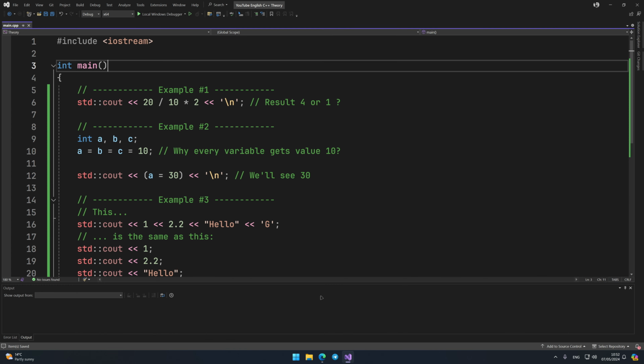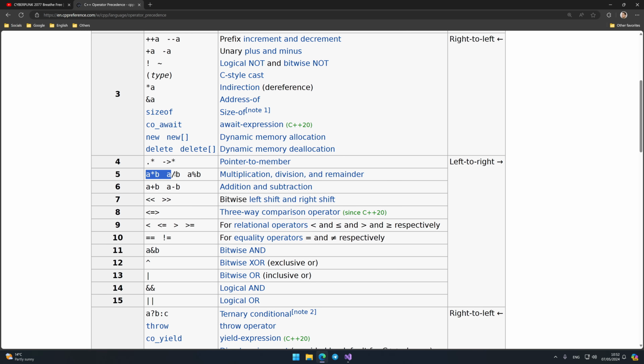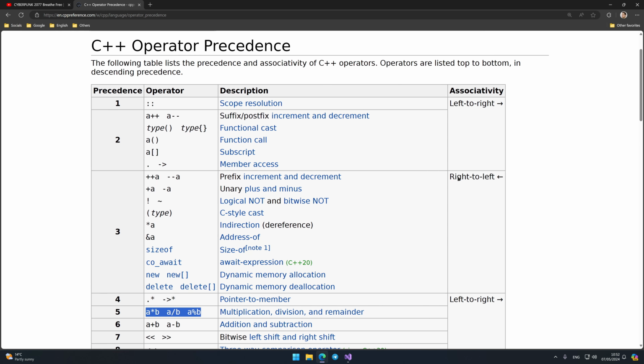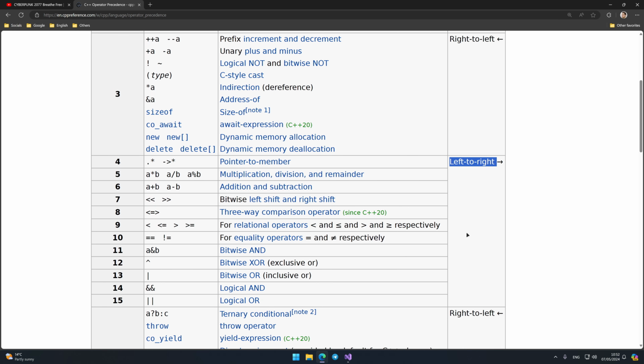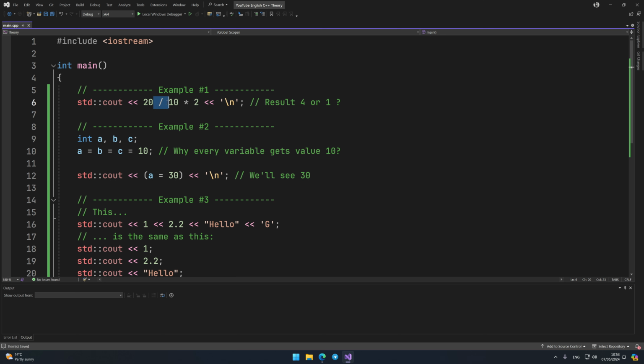Let's see a simple example. Here we can see either 1 or 4 on the screen. It depends on which operator completes its job first. Both division and multiplication have the same precedence. Therefore, to solve this problem, we must again refer to the precedence table, but this time look at the last column. It describes the order of execution of operators if there are several of them in an expression, that is, their associativity. We are looking for division and multiplication here. Here they are. They have a left to right execution order. This means that in our example, division will be performed first and then multiplication.